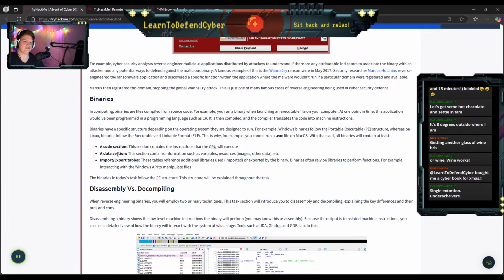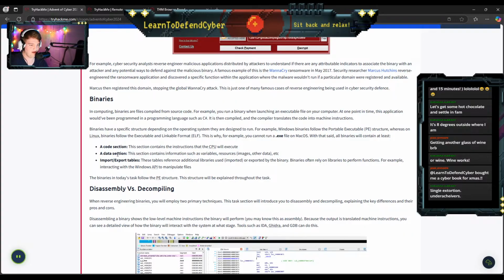Alright, binaries. Binaries are files compiled from source code. You can run a binary when launching an executable file on your computer. At one point in time, the application would have been programmed in a programming language such as C#. It's then compiled, and the compiler translates code into machine instructions, because machines can't read what we read.